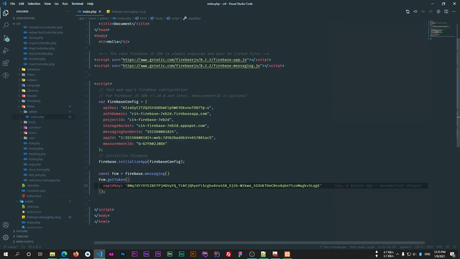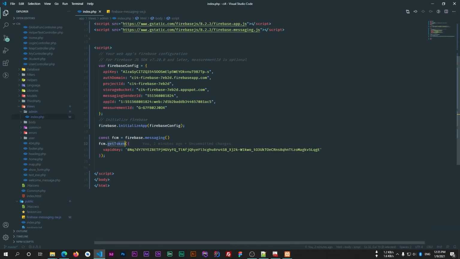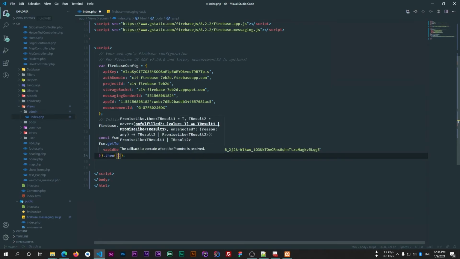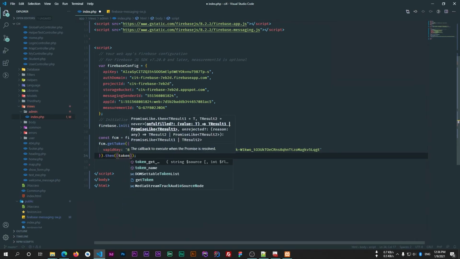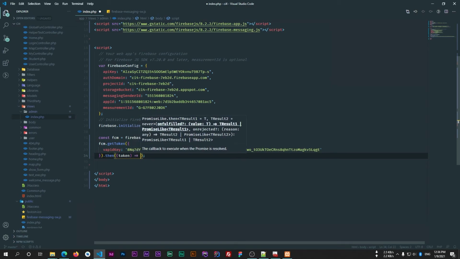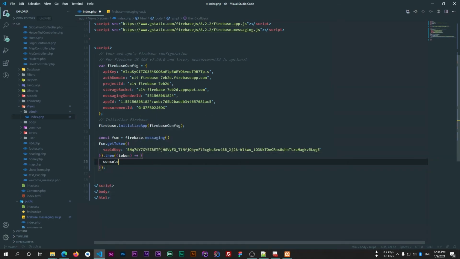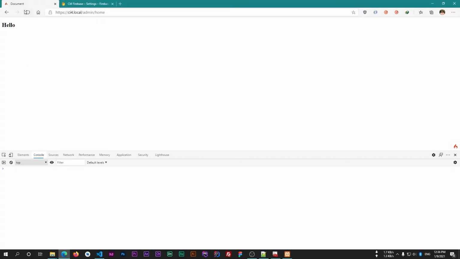Now again go to your main file. This getToken is a future function, so we have to call the then function to get the token from this. So just call then and it will give a token in the callback. So I'll simply print this token and I'll write the name of the function here so I can easily identify the console logs. So just save this file and reload the web page again, and you can see that there is a log which is named getToken and there is a token.